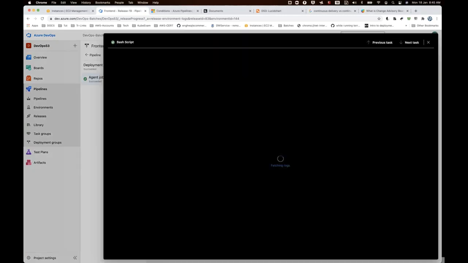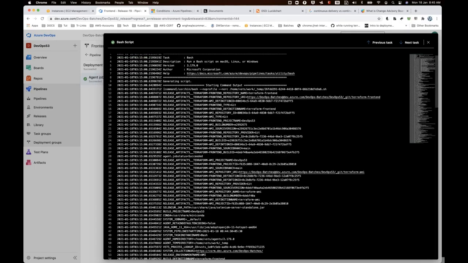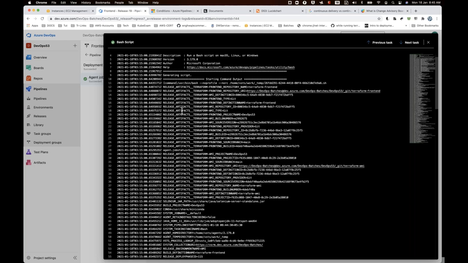I just want to see what's really there in the environment. Is there some artifact information it is getting? So release artifacts, here's the information.